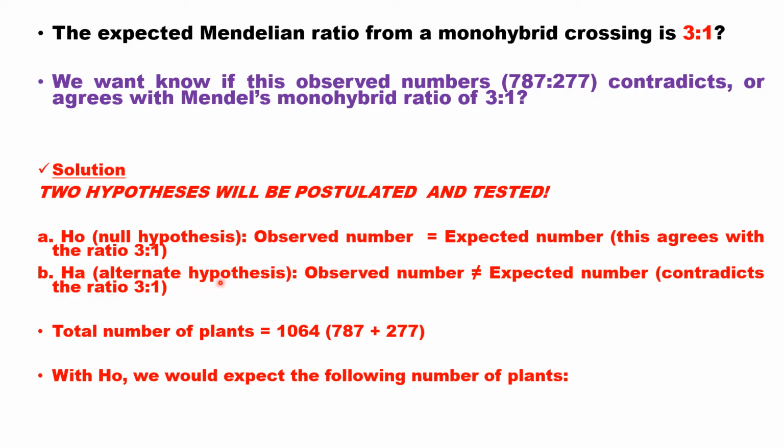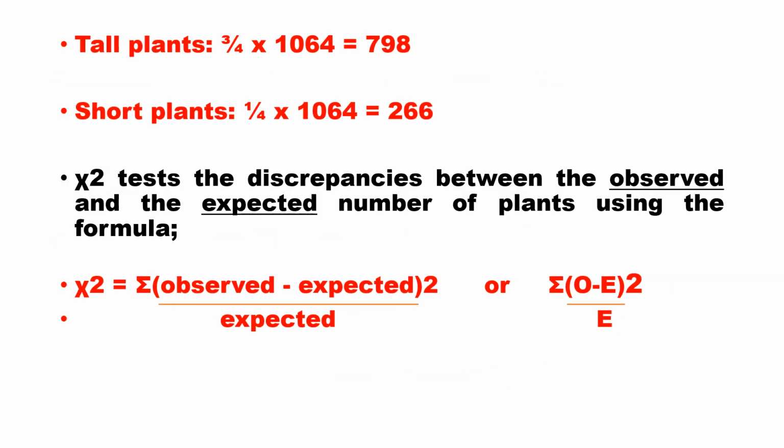Then we have the alternate hypothesis, which says that the observed number is not the expected number. And if this happens, it means it is contradicting the ratio of 3:1. So looking at the plants counted, the total number of plants is 1064. This you do by just adding the tall and the short plants. Now, with the null hypothesis, we will expect the following number of plants. So with the null hypothesis, we expect that the number of tall plants should have been 798, while the number of short plants should have been